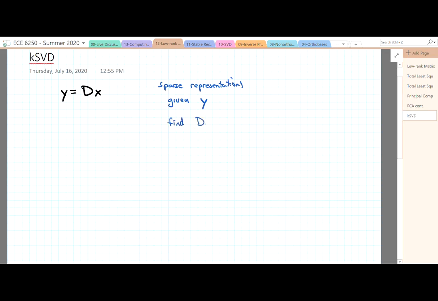One is a matrix D, and the other is the vector x. Now the key here is that x is sparse, meaning that most entries